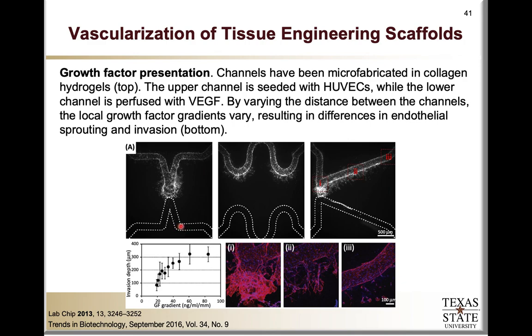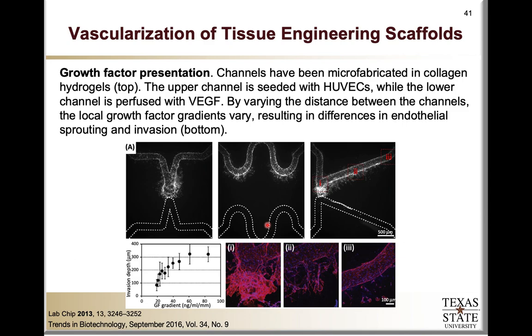What they did in this particular project was to look at what effect the distance between the two and the geometry would have on the sprouting of these cells, or the invasion of these cells to migrate toward the vascular endothelial growth factor, which, as I mentioned, is responsible for inducing angiogenesis, or the development of new blood